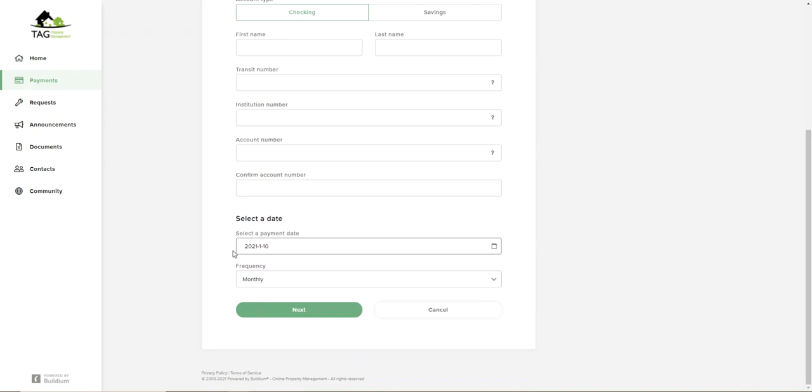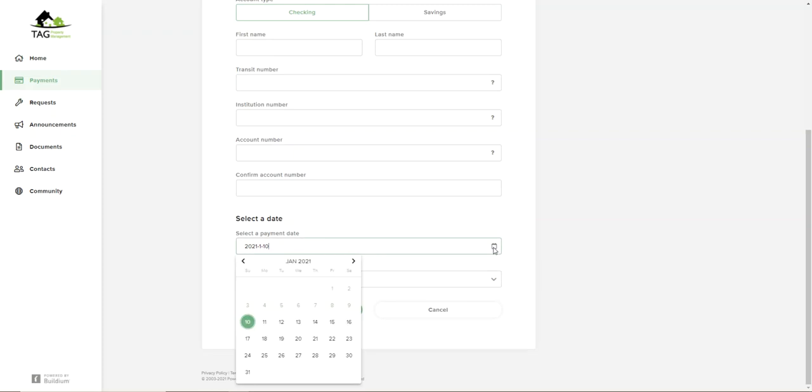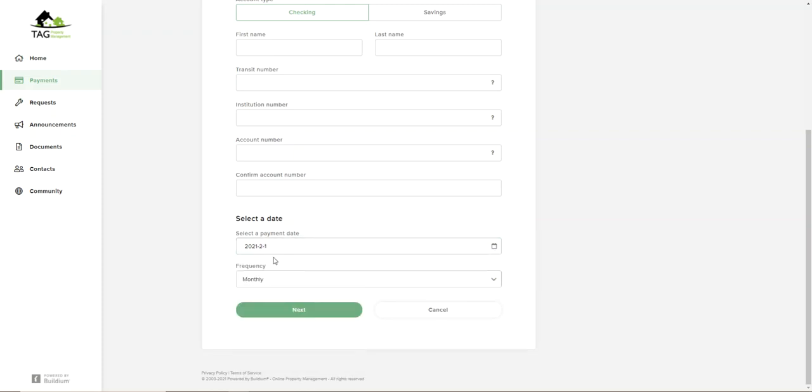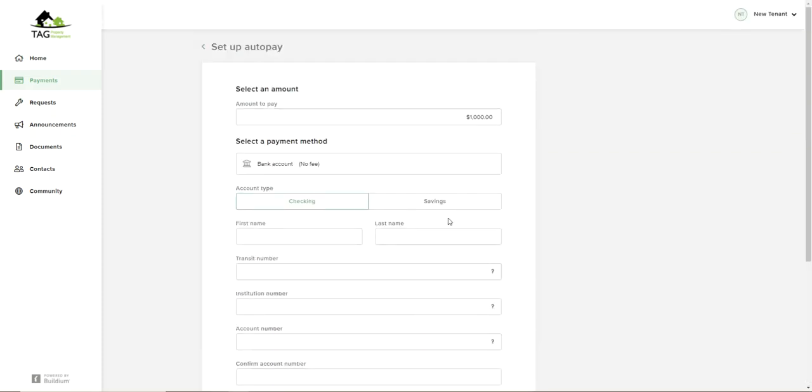Confirm your account number, and then you select a date. So it's going to be monthly on the 1st of the month, please. So you could actually just set it. So our next one would actually be February 1st. So set it for the next month because you've probably already paid your first month's rent. Hit next. I'm actually not putting in any information here, so I'm not going to go next, but this is how you start the process for your auto pay,